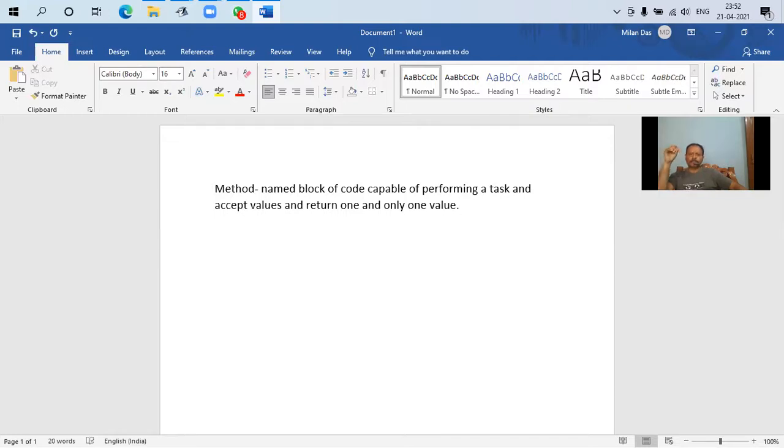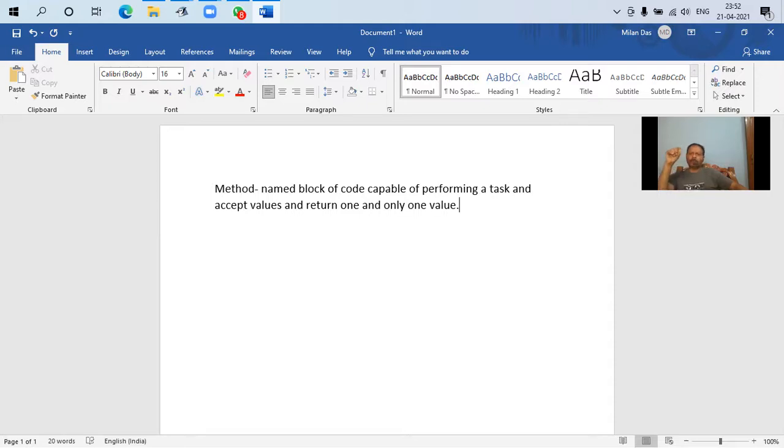It is capable of accepting values. A number of one or more values can be passed to the method. But when we return a value from the method, there must be one and only one value.